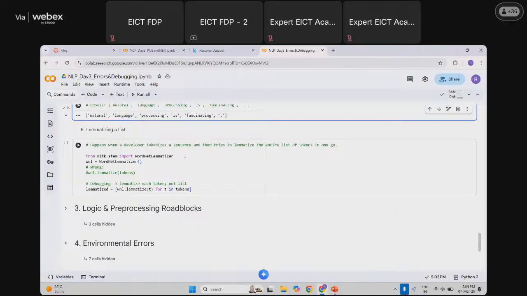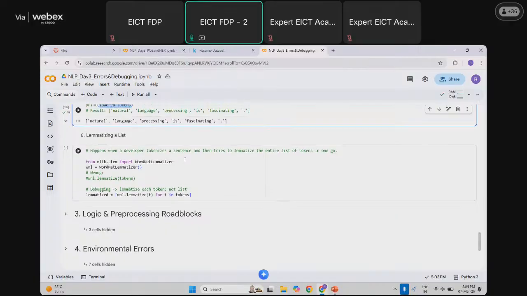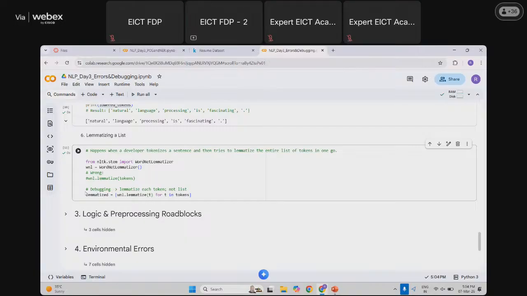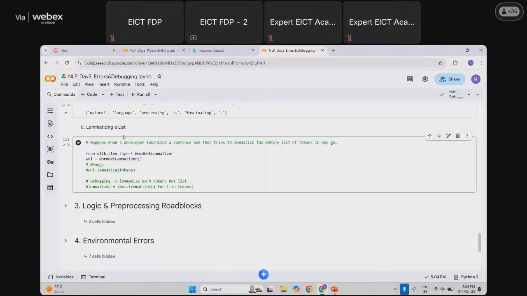Next error is lemmatizing a list. Lemmatizing a list basically happens when a developer tokenizes a sentence and then tries to lemmatize the entire list. So again, this has not been commented, so it executed correctly. But